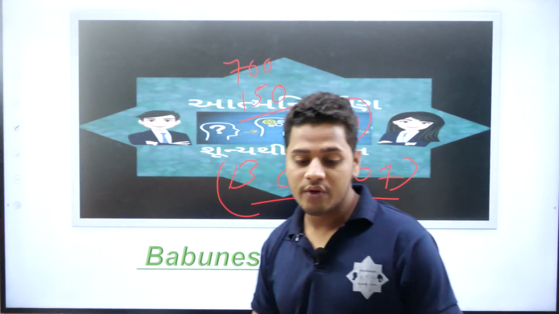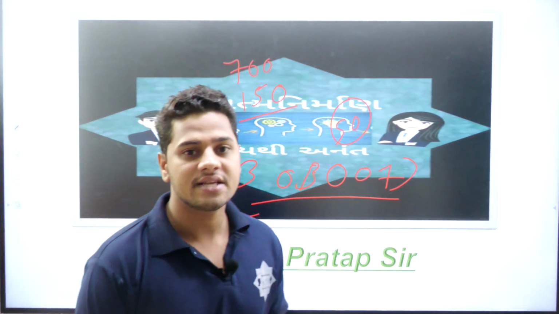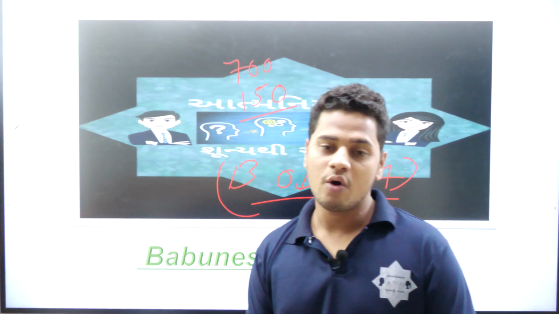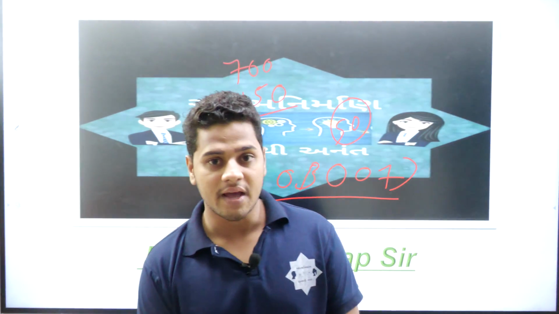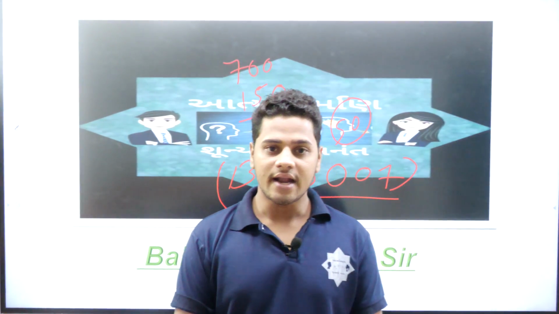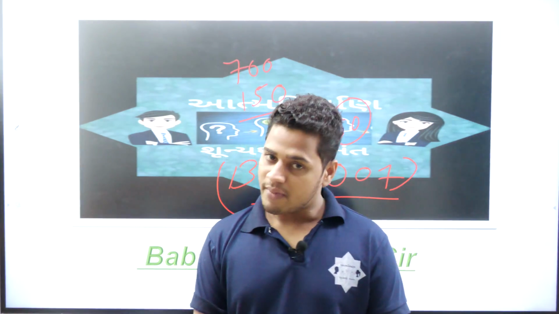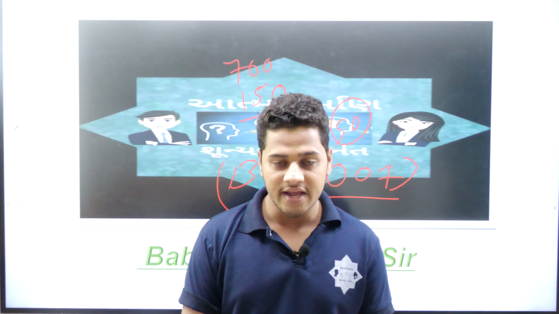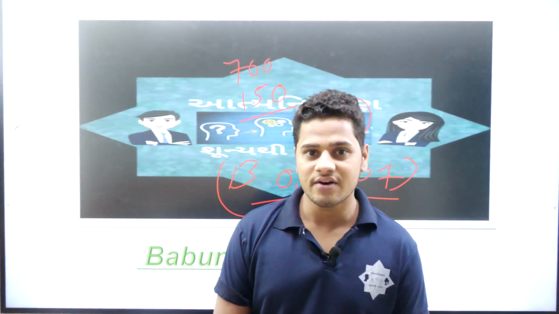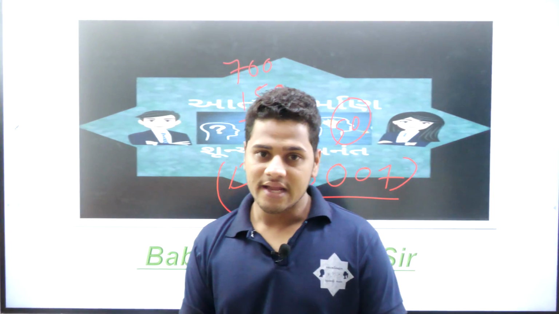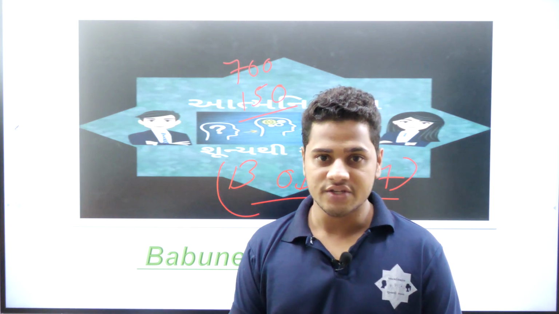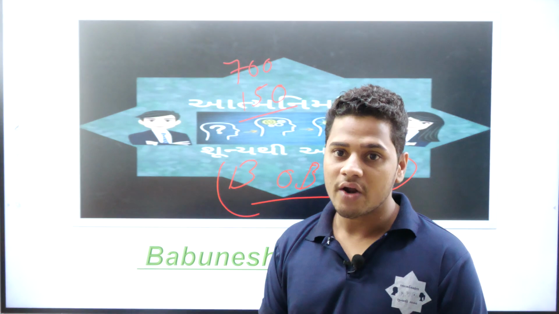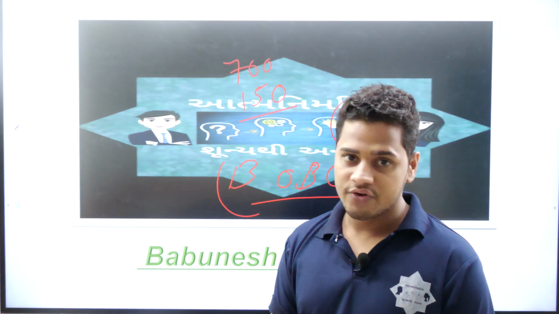Before knowing the syllabus and these videos, it is compulsory to know about myself. I am Babunesh Pratap and I am from Himmatnagar only, and I have completed my graduation from Christ University. I was university topper. I got 73rd rank, and I got selected once in Air India cabin crew. Then after, I have given one PI interview too. Okay, so this is my achievement. I hope you are doing well in this competitive field.